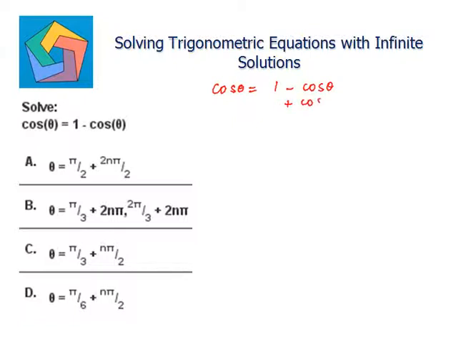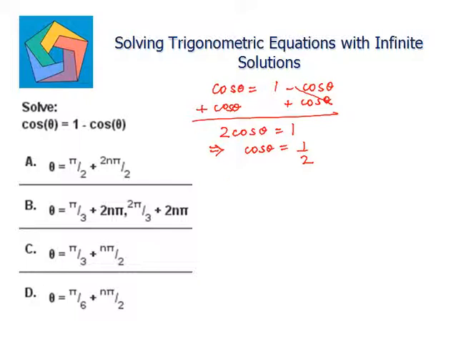Adding cosine theta on both sides, we get 2 cosine theta is equal to 1. This implies cosine theta is equal to 1 by 2, dividing by 2 on both sides. This implies theta is equal to cosine inverse 1 by 2. Now cosine inverse 1 by 2 is pi by 3. So the general solution